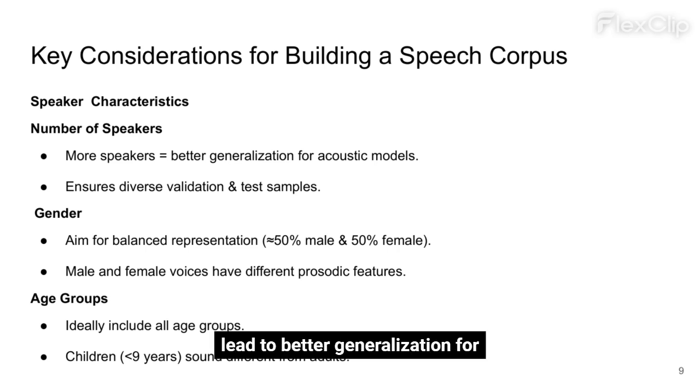More speakers lead to better generalization for acoustic models and ensure diverse validation and test samples. Aim for a balanced gender representation, approximately 50% male and 50% female, as male and female voices have different prosodic features. Ideally, include all age groups, with children,